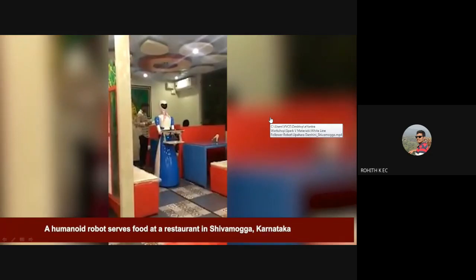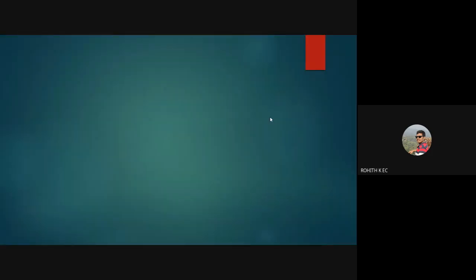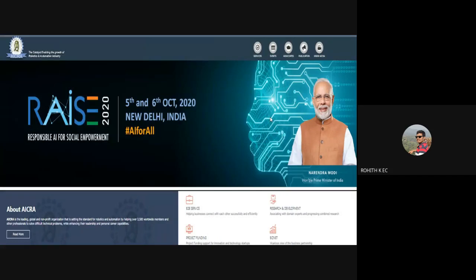People get attracted to such type of technologies, and that can be one of the ways to attract customers, particularly in the situation we are in, right? Not only in Karnataka, as a country, we are focusing a lot on robotics and automation. Our central government has a lot of funding. They are helping a lot of institutions. There's a lot of funds to take in the field of robotics and automation.